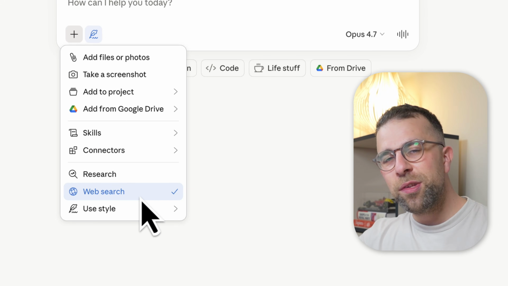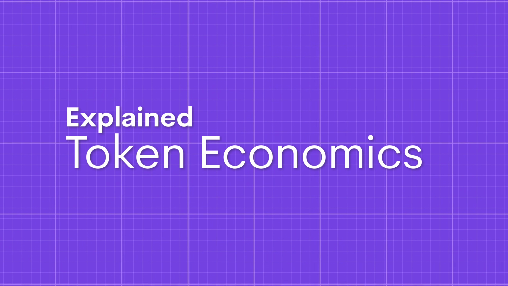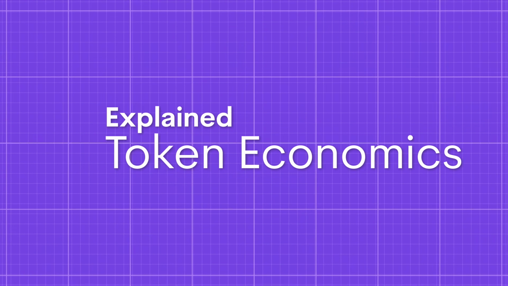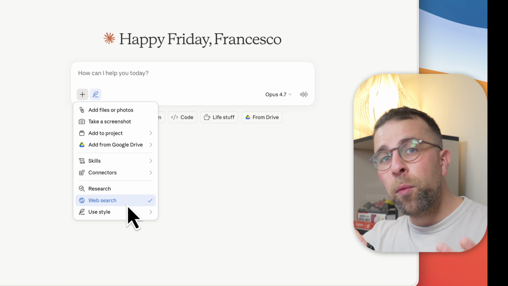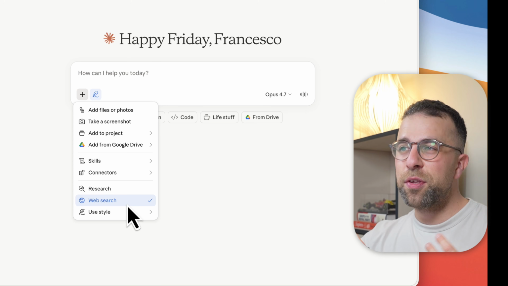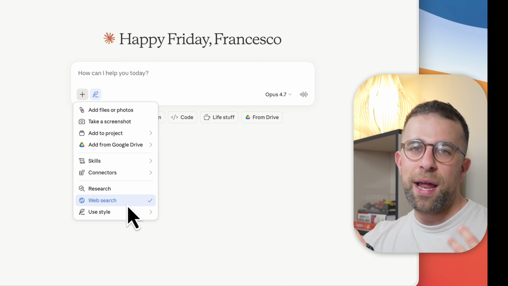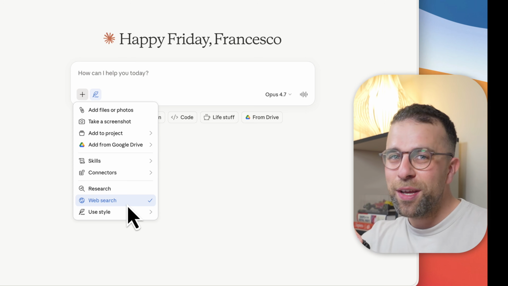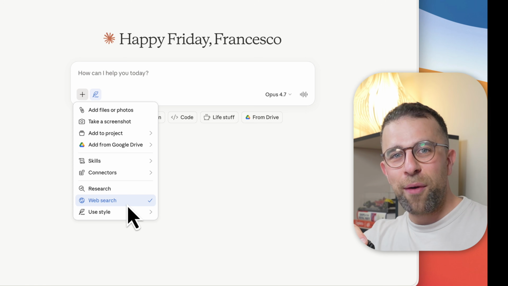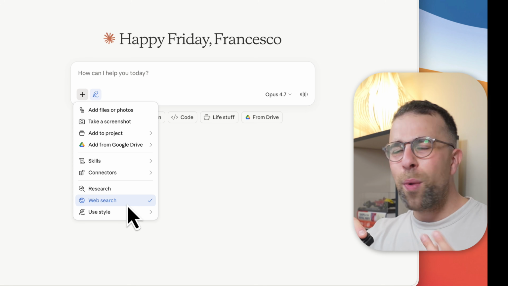Now, research is limited to some plans and web search is available for everyone, but it's important to note, if your prompt doesn't necessarily require sourcing from the web, like if it's a basic one where all the information is local, you've uploaded a file and all the information is bundled up into the prompt, like a sum or a calculation or data you've already prompted it with,